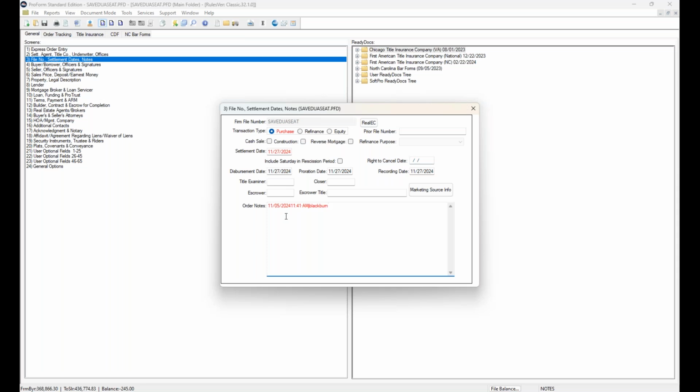So if I want all of those, maybe I want to put a note in here, and any note entry I put in here, I want a date, time, and user stamp it. I can hit Control A for all, and it will do all of the above, and then I can put my note in. Maybe I sent out commitment, or